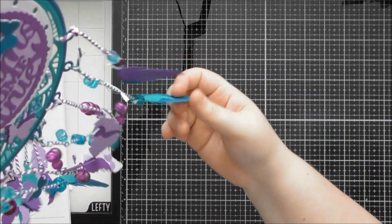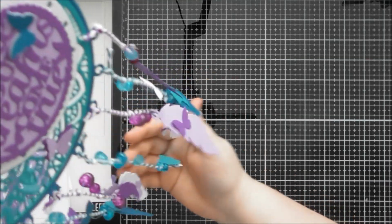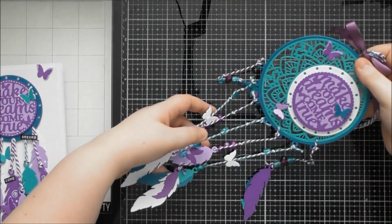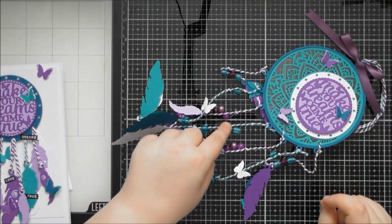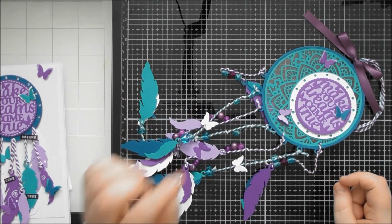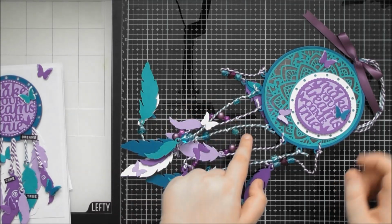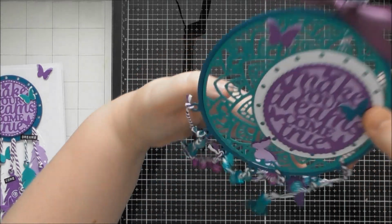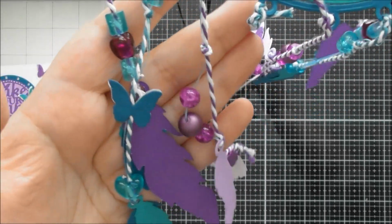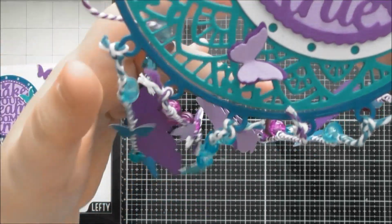It would actually have a nice weight to it as it moved, so that's why I'd opted for glass beads on there. However, the problem with glass beads is they tend to have quite a small hole in them, so I had to use an actual beading thread, which luckily is a lovely blue colour that works really nicely, but I had to use a beading thread as well as the twine,